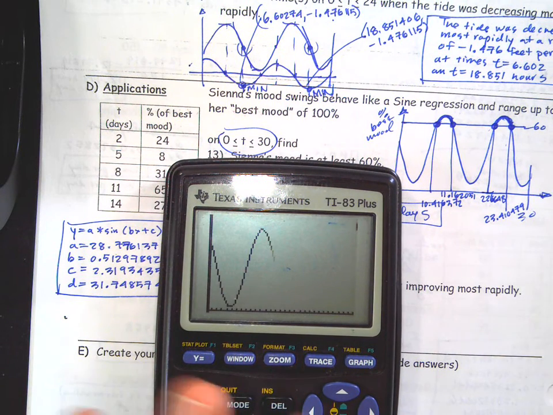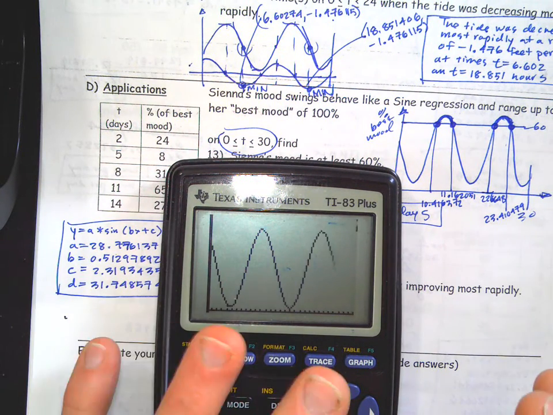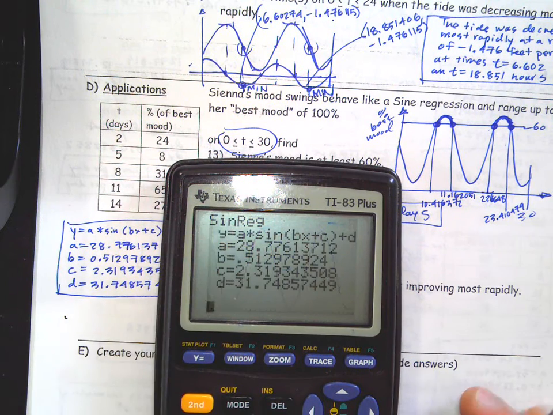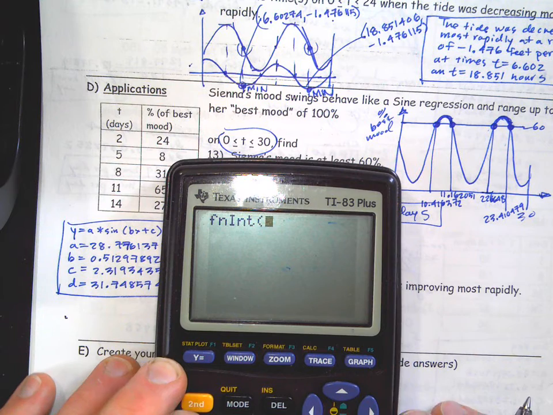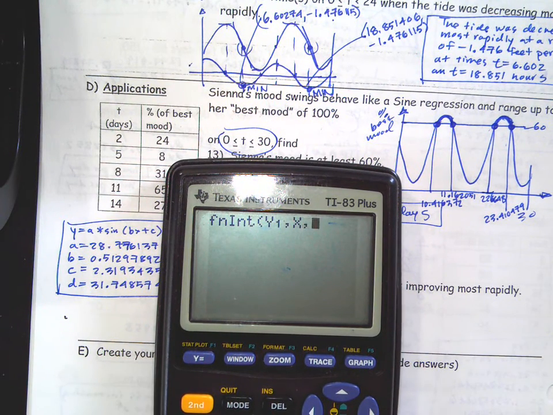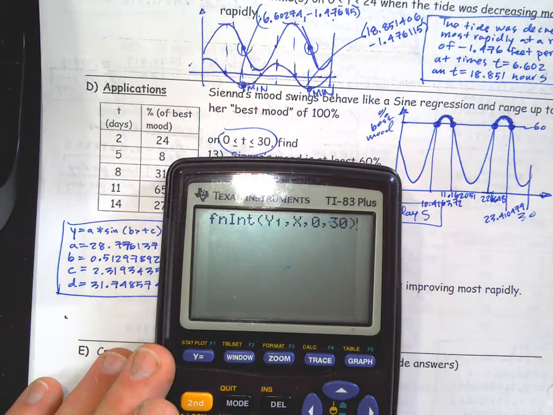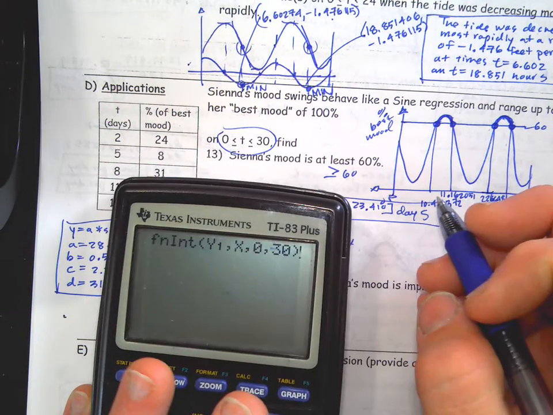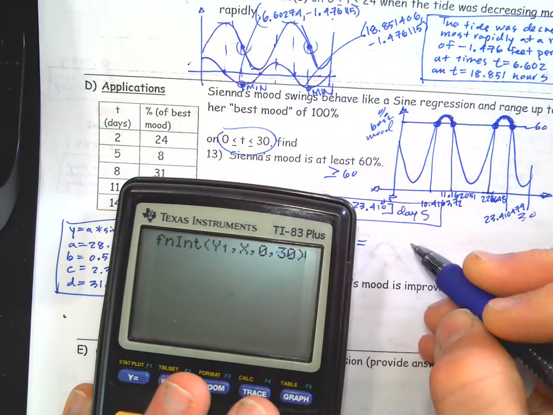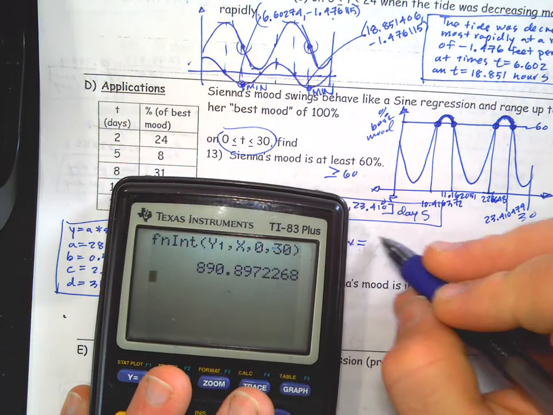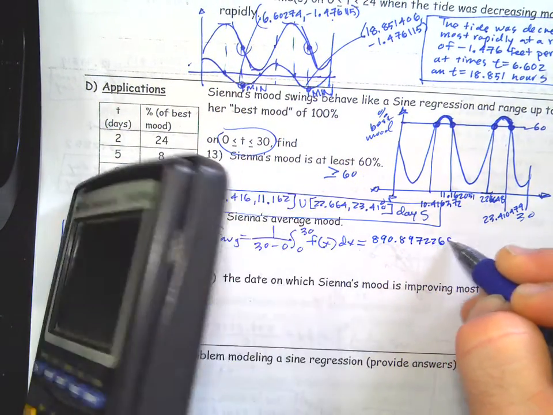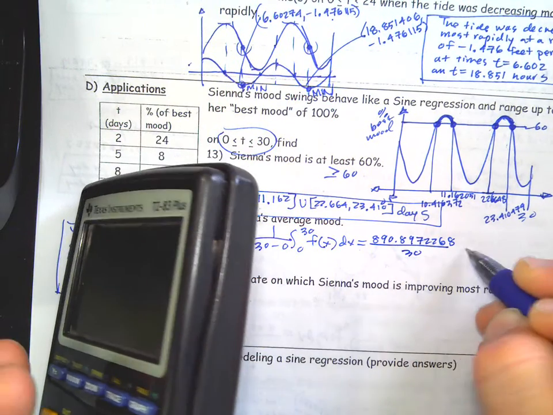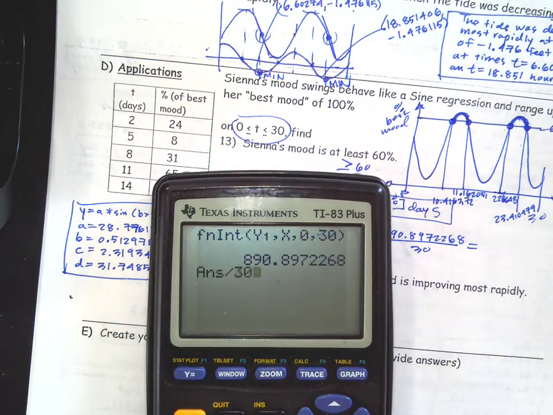Now I'll show you right now. We could just do this on the home screen, and then we wouldn't have to worry about the graph. Here we go, math 9, vars, y vars, function, y1, comma x, comma 0, comma 30. And then you don't have to deal with the whole picture of the graph. It's thinking. Okay, so that's 890.8972268. And then we're going to divide by 30. Don't forget about dividing by 30. And we get